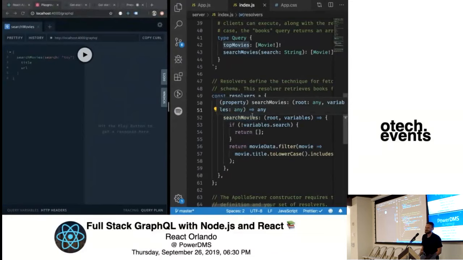Is there any opportunity here to use GraphQL as a layer on top of a third-party API? If I was using an API from somebody else, their REST endpoints, could I spin up my own backend and put a layer of GraphQL on top of it? Is that even possible? The question was, can we wrap an existing API that's REST or whatever with a GraphQL API? I'm just repeating in case there's one person watching the stream.